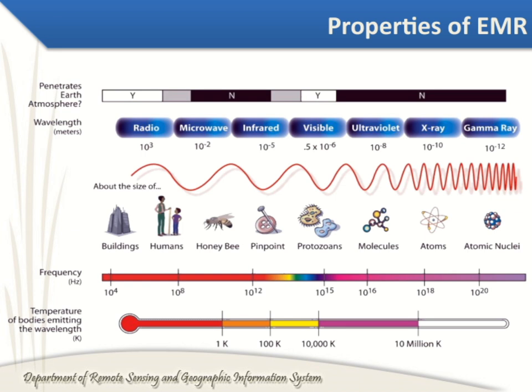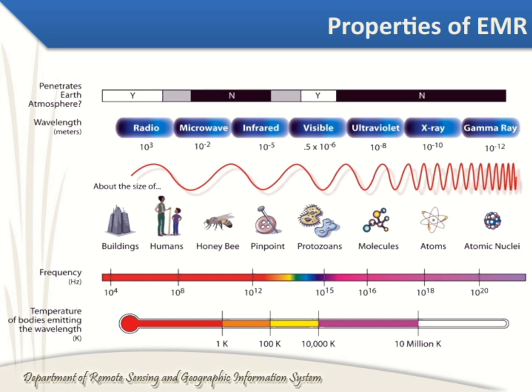Intensity is also important. It refers to the amount of energy the wave carries per unit area. Think of it as how strong the wave feels, impacting how much energy is delivered to a target area. Finally, the properties of EMR are interconnected and form the basis for understanding how different types of radiation are used in various applications, from medical imaging to communication technologies. Recognizing these properties helps us grasp why certain wavelengths are suitable for specific purposes and how EMR interacts with matter